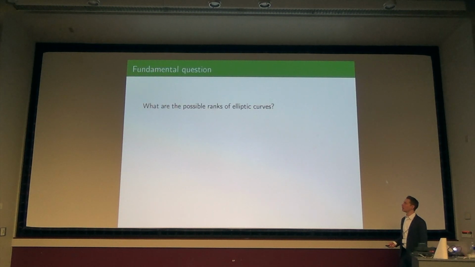Okay, so now, if I've kept you this far, what are the possible ranks of elliptic curves is now my precise question that I hope I motivated and made well defined. So when is the rank 0 or 1 or 2, we want to predict that. I don't have an answer. Sorry. But I will provide you a heuristic, which is better than an answer? No, all right. Maybe it will help us to find an answer, is what I hope.